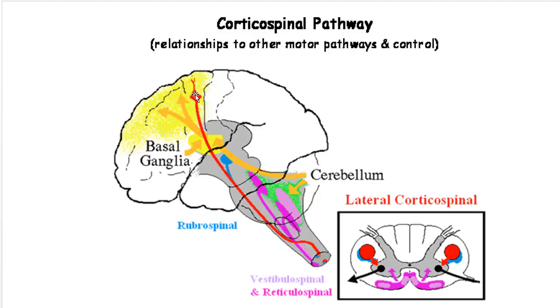We see a number of other structures, including the basal ganglia, here in golden color, a distributed group of structures. We also see a number of structures that travel down from the brain to the spinal cord, including the rubrospinal tract and the reticulospinal tract, which has two origins within the brainstem, the vestibulospinal tract, which travels down to the brainstem, and we also see the cerebellum, which sends fibers up to the cortex as well